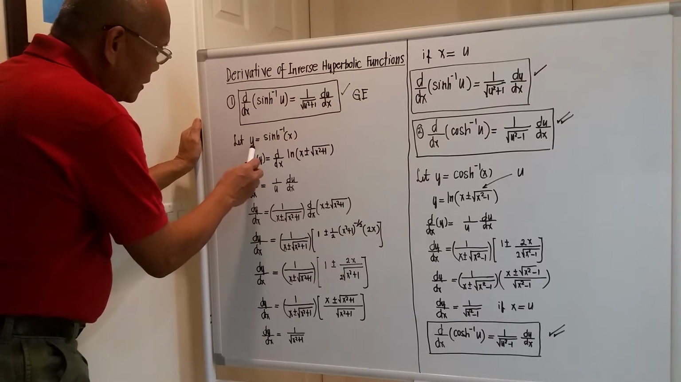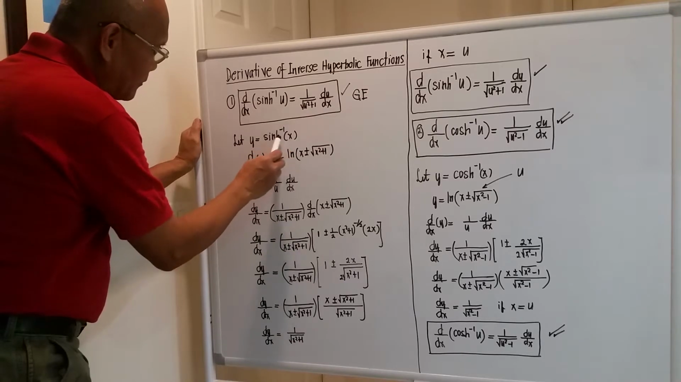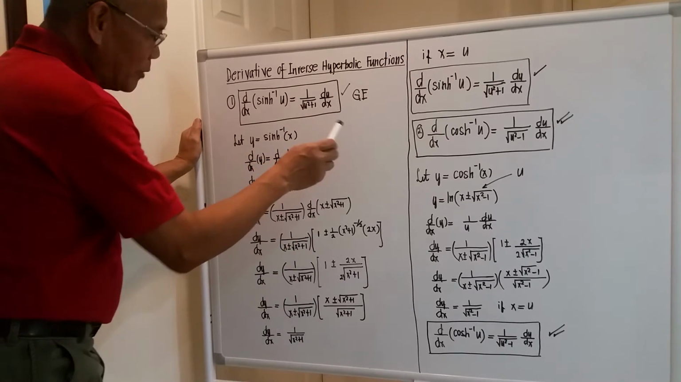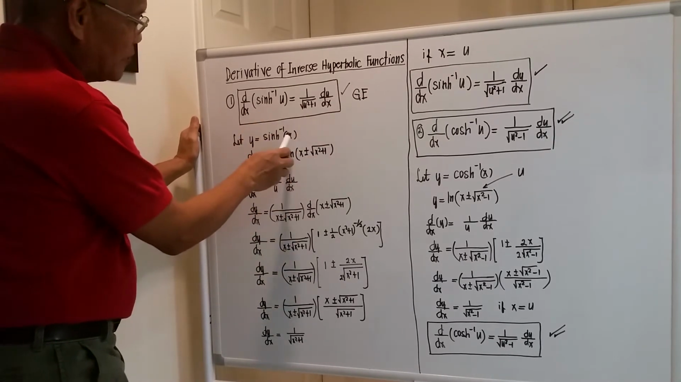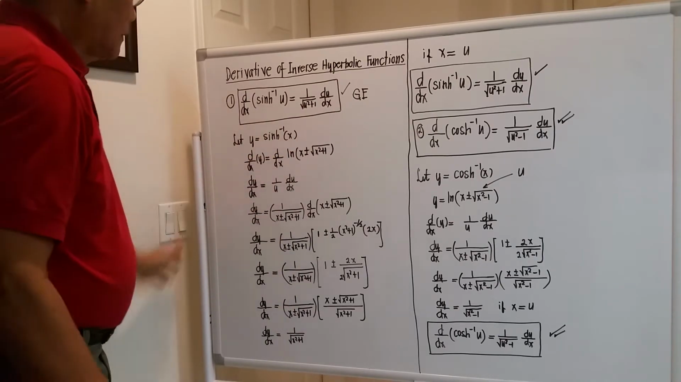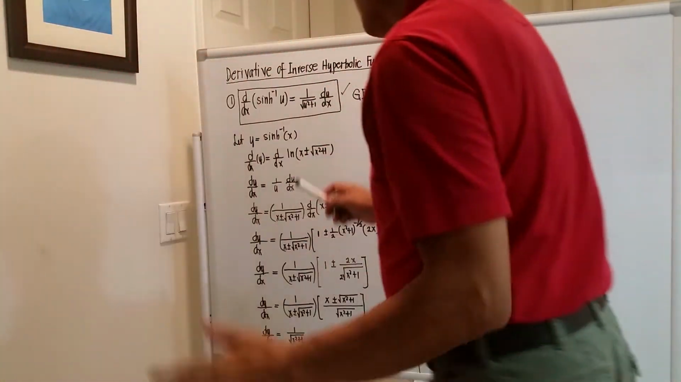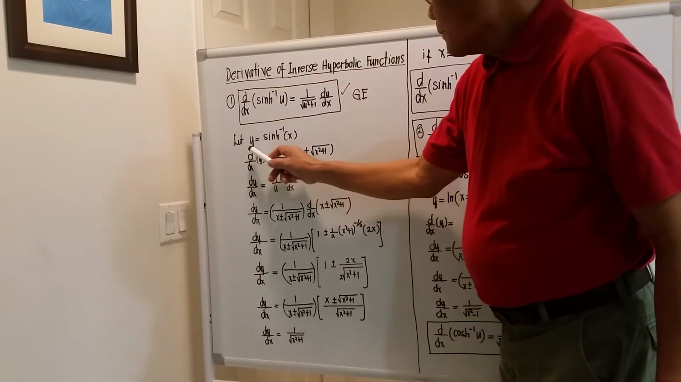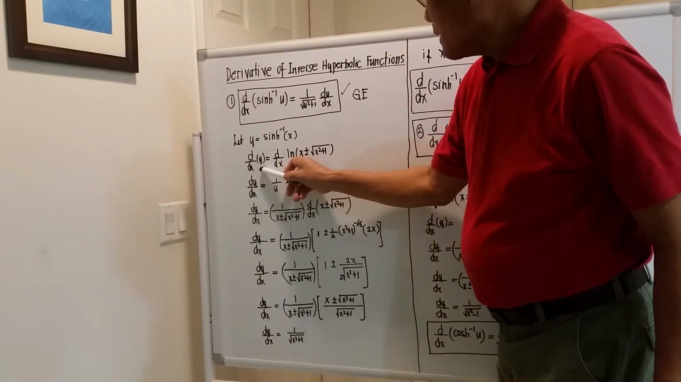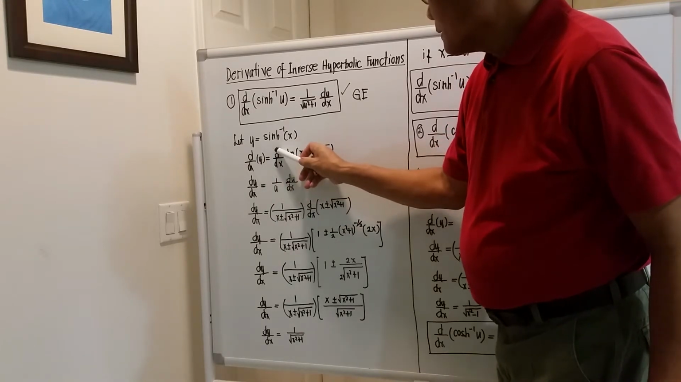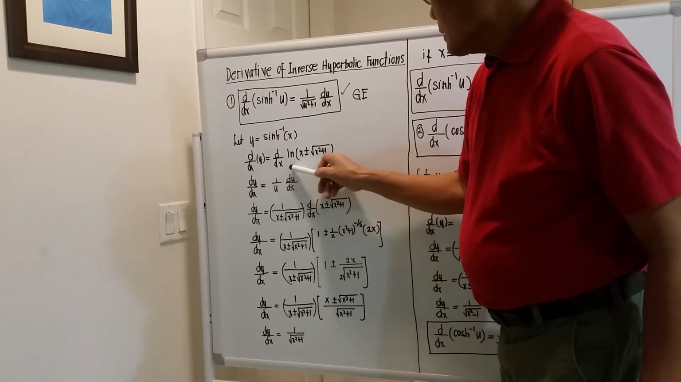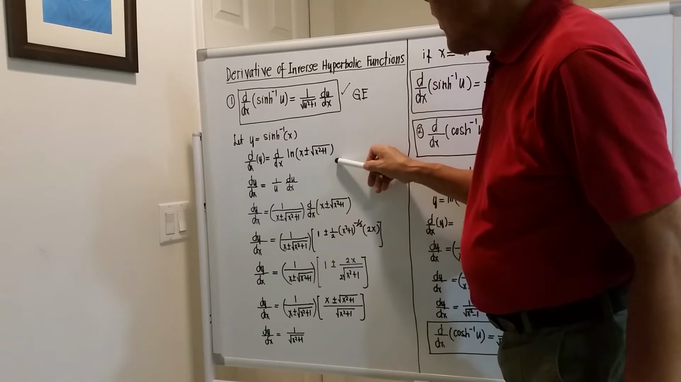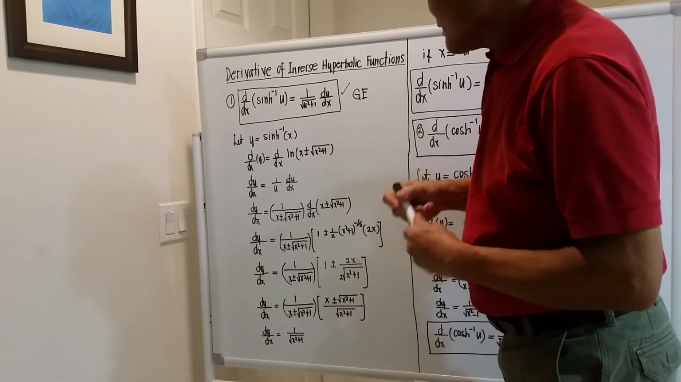We let y equal inverse hyperbolic sine of x. For the meantime, it is not u. We place it as x, okay? Take the derivative now of both sides. The derivative with respect to x of y is equal to the derivative with respect to x of the right hand side. The last time around,